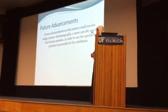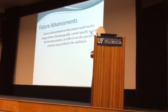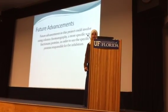So future advancements will be to hopefully use column chromatography, which is a more specific procedure in order to fractionate the proteins to find which proteins have the greatest